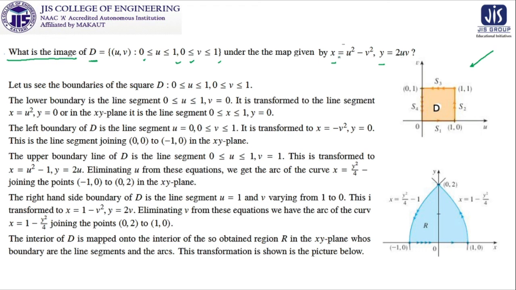So if you want to shift this structure of UV to XY, what will be the pictorial representation? You can see that pictorial representation is given, and you are also going to get all this analysis over here. I am not discussing this because it is not directly linked with our syllabus, but it is linked with the concept of Jacobian. So that is why you please go through this. Please try to understand the thing, and in any case, if you have any problem, you please feel free to communicate with me.